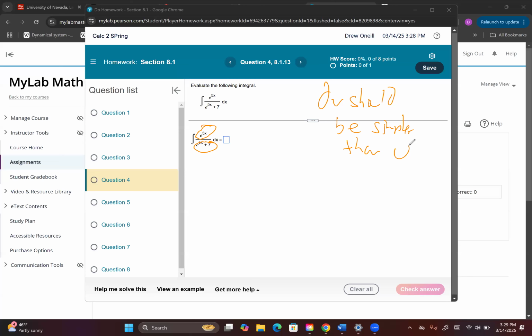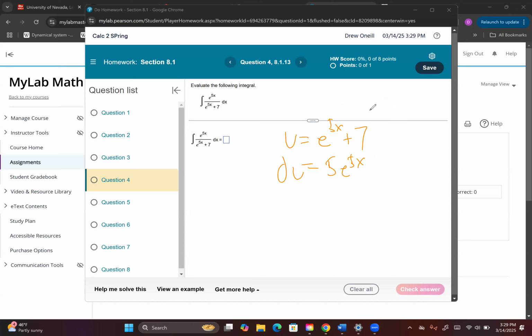So, kind of trial and error, right? We pick u to be this because this makes sense. Now you might be like, well, what's going to happen with that 7? But watch, what's du? Derivative of e to the 5x is 5 e to the 5x, right? Chain rule, 7 goes away. Now, this is what we picked to be u, so does that relate? Does this part here with the dx relate to this? Yeah, except for this 5, okay?